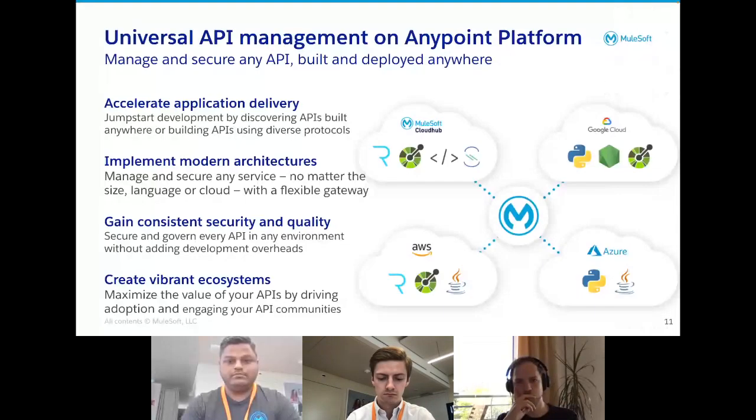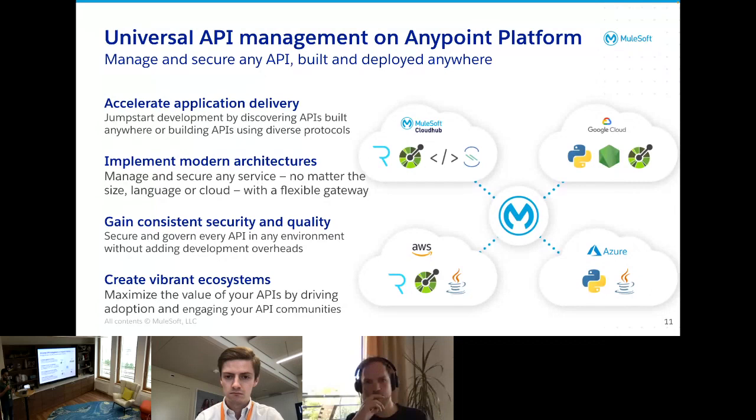in Anypoint Platform. So if we have to think about it, giving another example, a few years back, if we have a system or an enterprise having a small set of APIs, that enterprise would have grown, and if we look at it now, they would have a very large-scale application network which consists of a lot of APIs. So in order to manage, and in order to provide more management capability, governance, and security on top of it, universal API management is not a single product, it's a collection of different capabilities available on the Anypoint Platform, which solves some of your problems related to design, governance, security, and